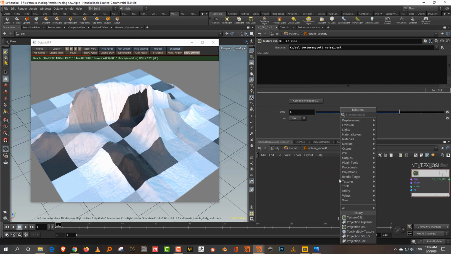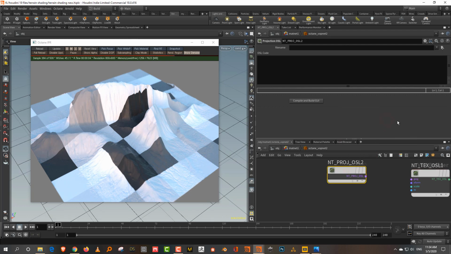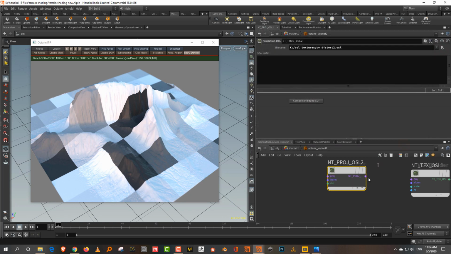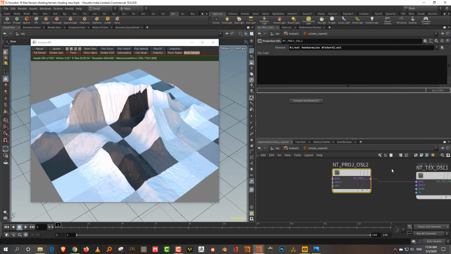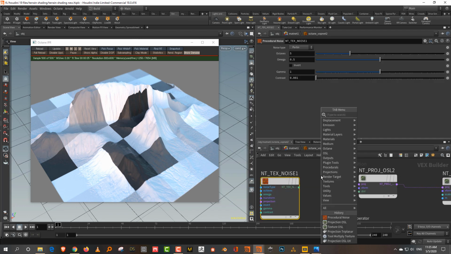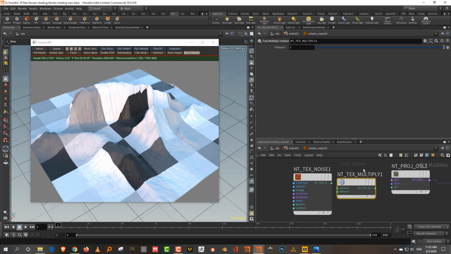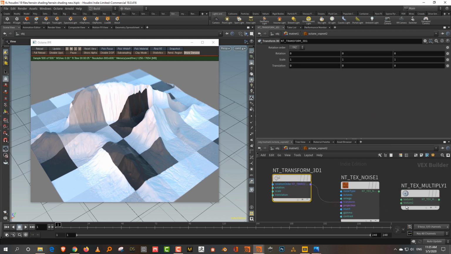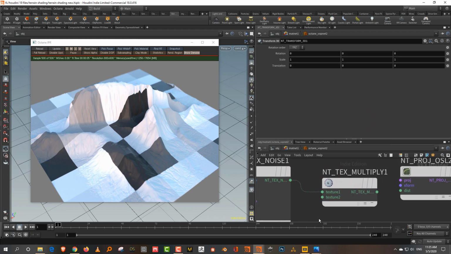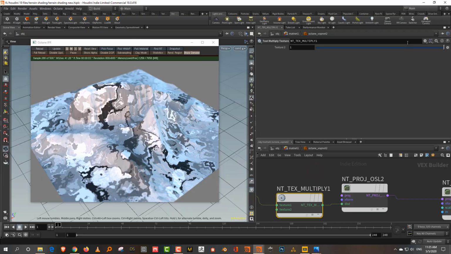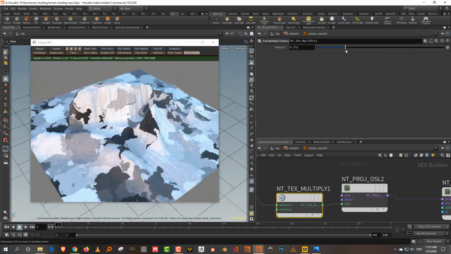So what I can do is I can again pick up another OSL projection and I'm going to pick up the UV distort that I have made and plug this into projection and then take a noise map and just multiply it. So we'll just take a multiply and we can take like a transform 3D so that we can control the scaling of our noise. Okay, so this comes into 1 and then that goes into distance. See, there you go. That's what you'll get, which is a little too much. So just take the texture value and lower the multiplication.